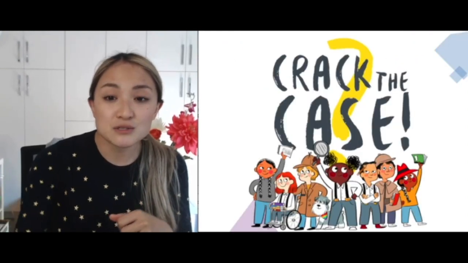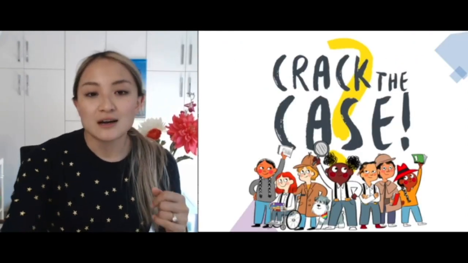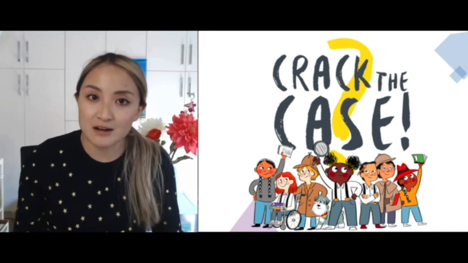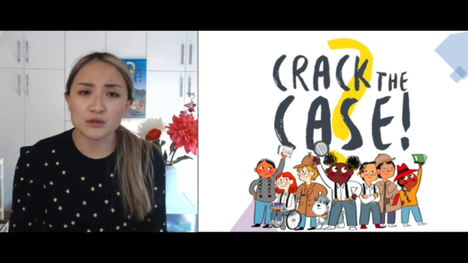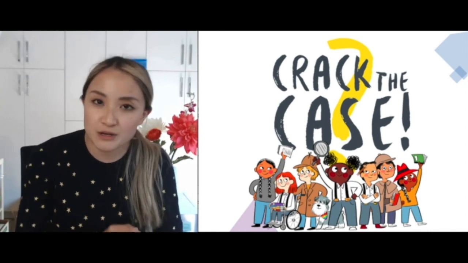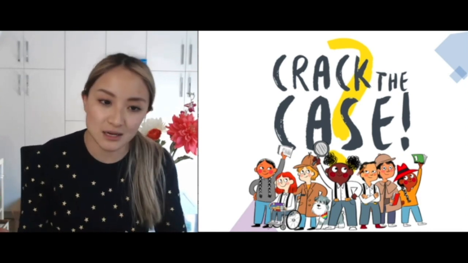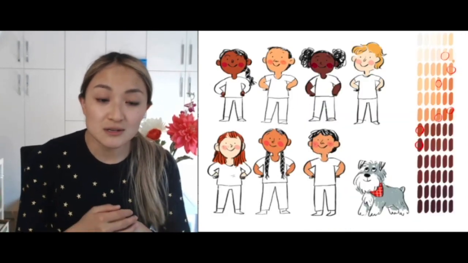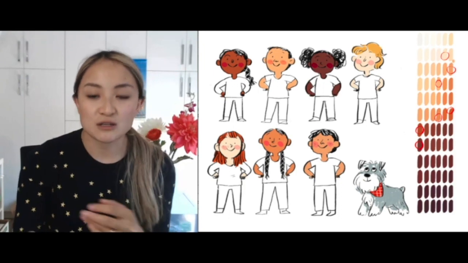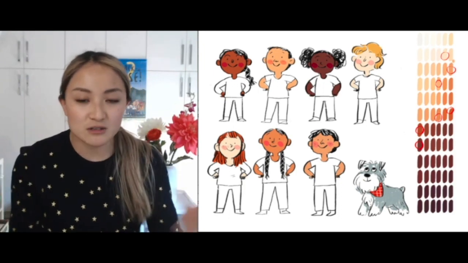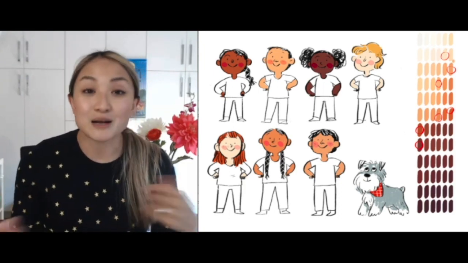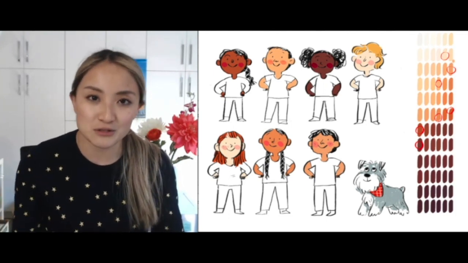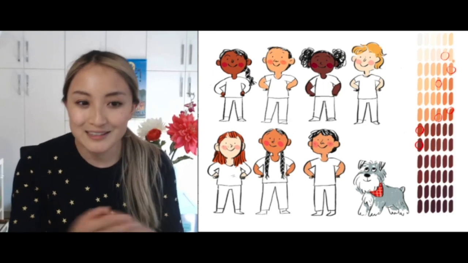So in this year's Summer Reading Club artwork, I tried to represent kids from all walks of life to show how everyone can have their own cartoon adventures, regardless of your ethnicity, your gender presentation, your ability level, etc. So here is my initial rough sketch of all the characters. As you can see here, I'm sketching their facial features, their hairstyles, I'm choosing their skin tones, and of course, I'm planning out the most famous character and my favorite, the dog.